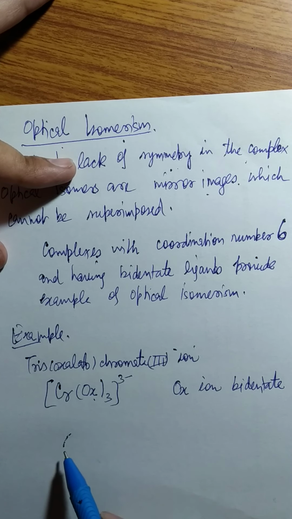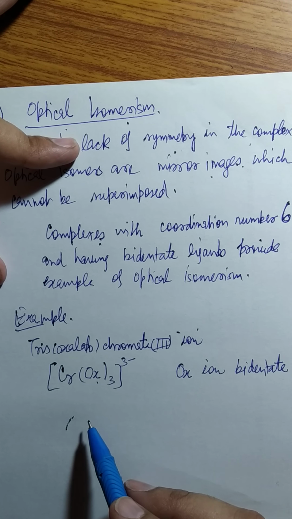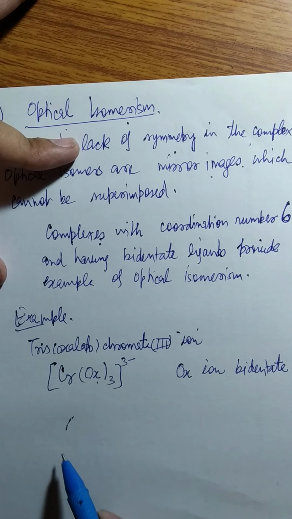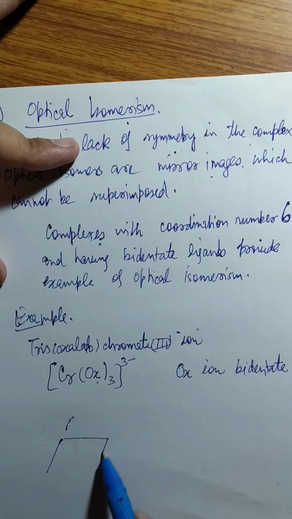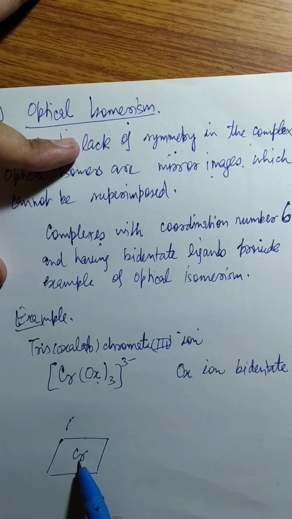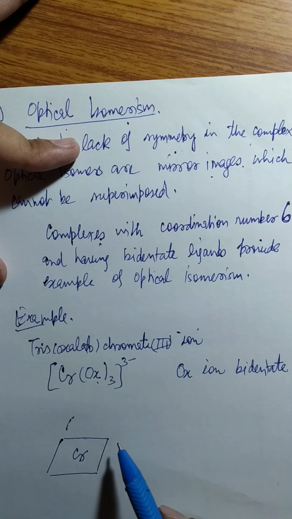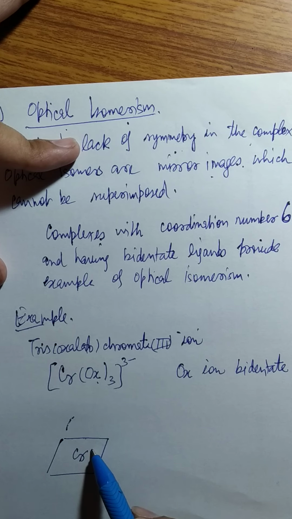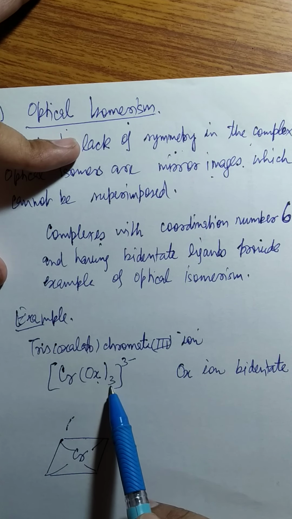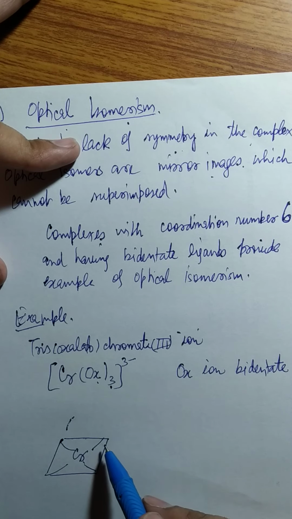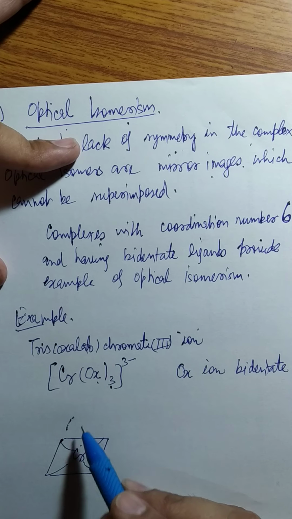So it can be shown in octahedral compounds, like chromium at the center position of the plane of the paper. Now, how the three different oxalate bidentate ligands are linked to this, it can be shown as